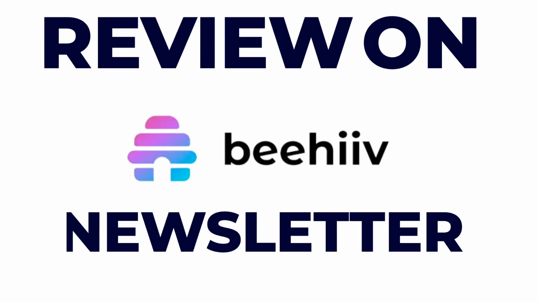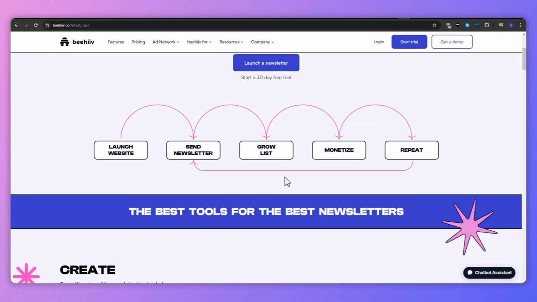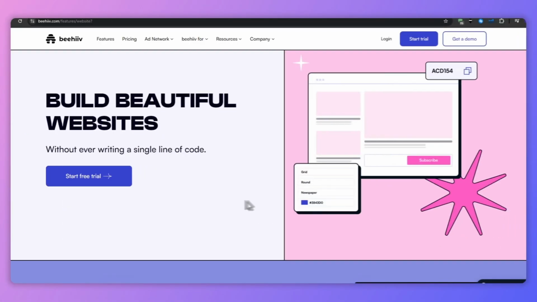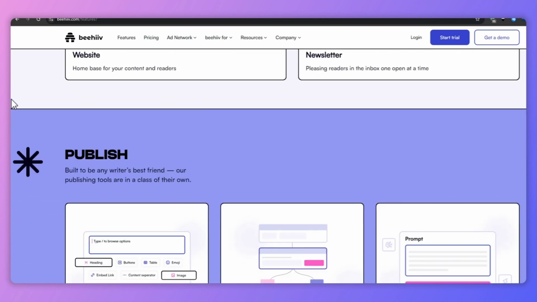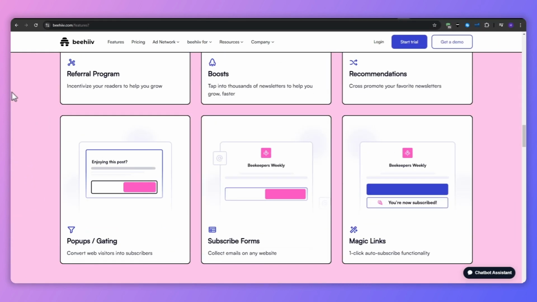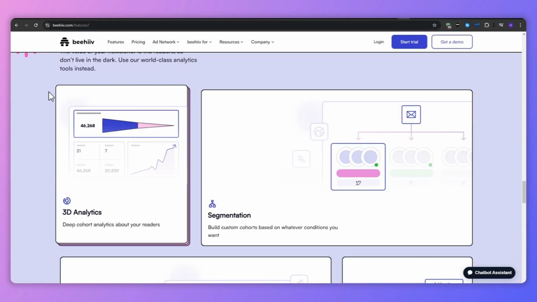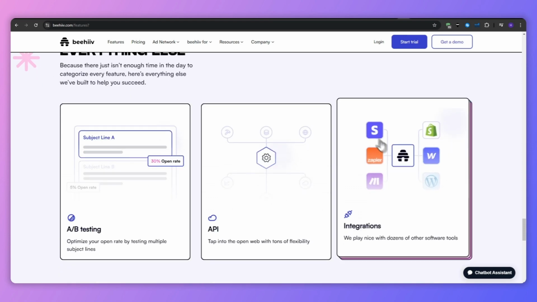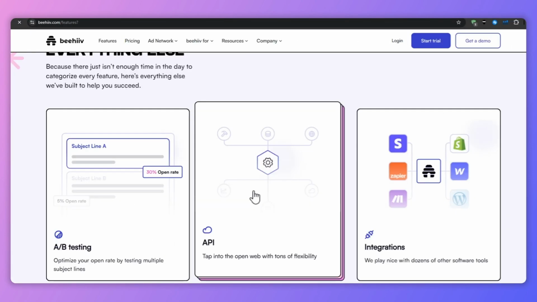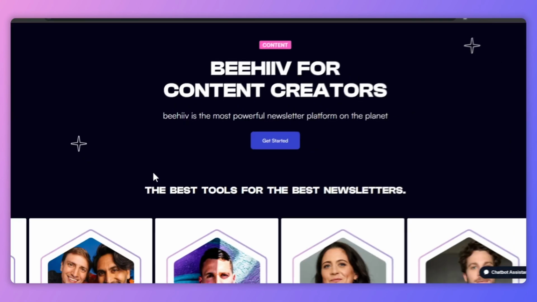In this video, we're going to dive deeper into the platform's features, pros, cons, and pricing structure to help you determine if it's the right choice for your email marketing needs. By the end of this video, you will not only have a clear understanding of what Beehiiv offers, but you will also be equipped with all the information needed to decide if it's the perfect email newsletter solution for your